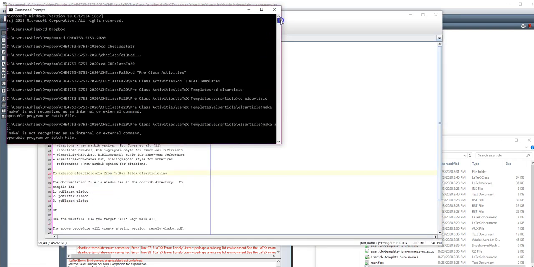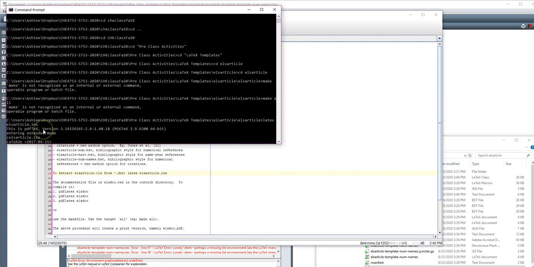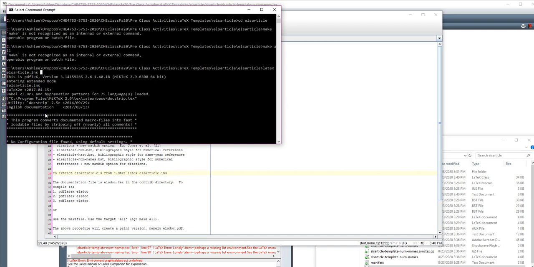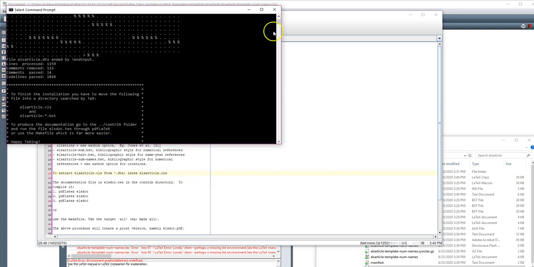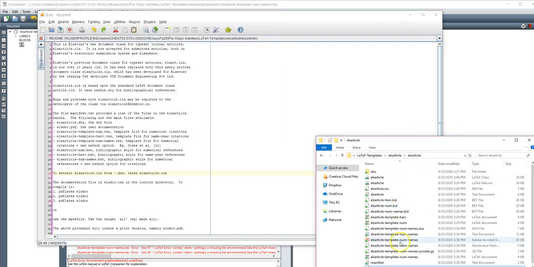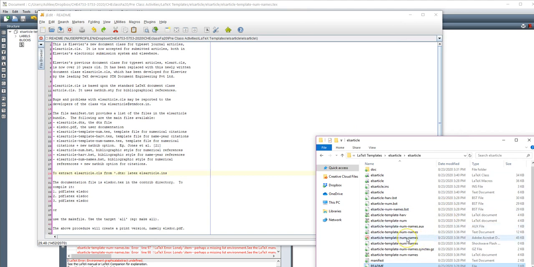All right, so I navigated to the right folder on my computer using a command window, and I typed, following the instructions here, latex elsarticle.ins, and it rendered that file for me, compiled it, and so now we do see the documentation file,